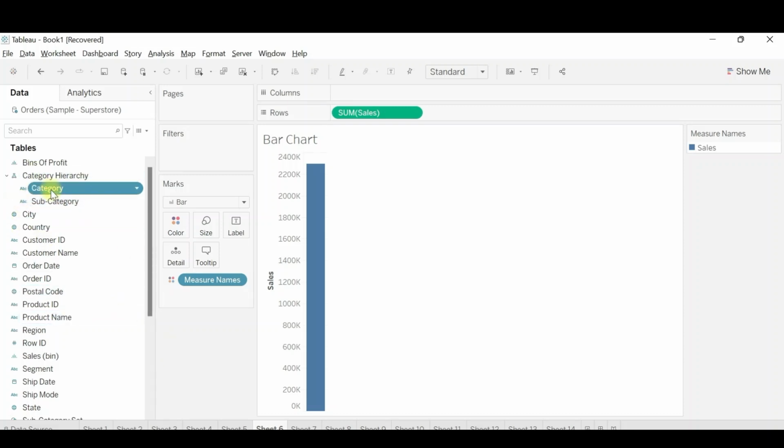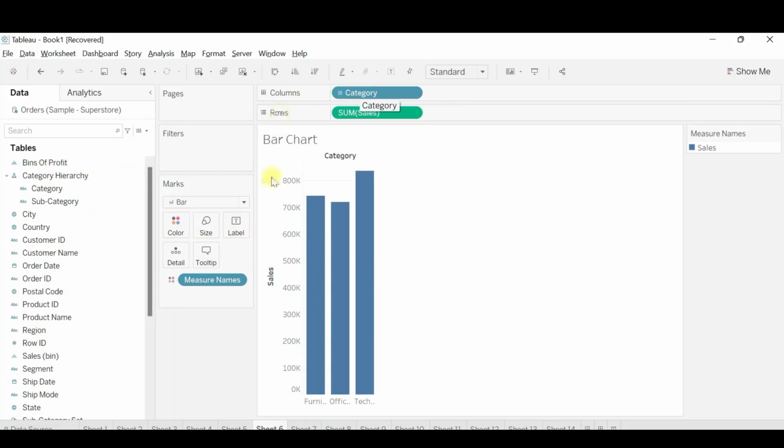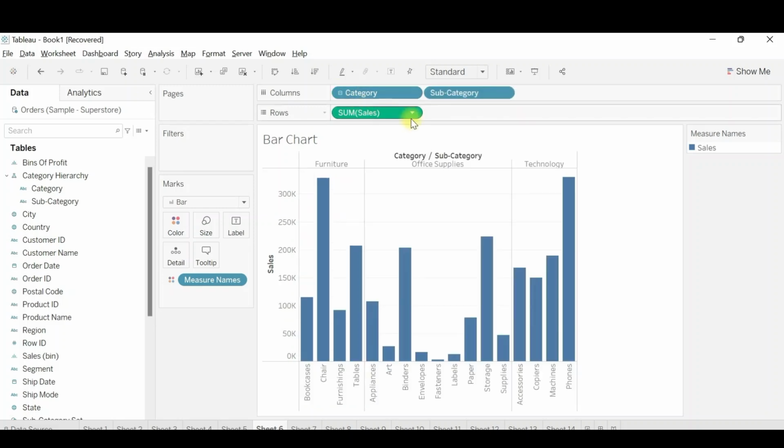Now suppose I want to use this category hierarchy in my visual. I'll drag and drop this category hierarchy into the visual. Once we do it, you will notice that only the category is visible, along with a small plus sign. If I click on this plus sign, the lower level of the category, that is subcategory, is expanded.